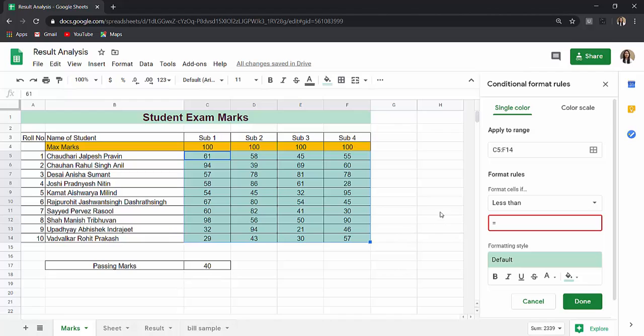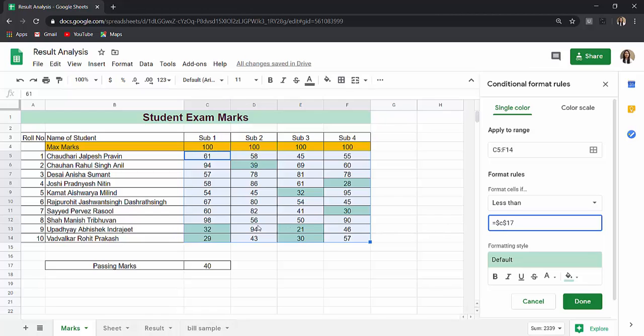C17. So here I will say C17. But you can see after applying this C17, it is not highlighted as we wanted. Why is this happening? Because as cells are changing, it is not comparing with the fixed value C17. So to make it fixed, we will make use of the $ sign. We want C17 fixed. Hence we will use the $ sign in front of C as well as in front of 17.